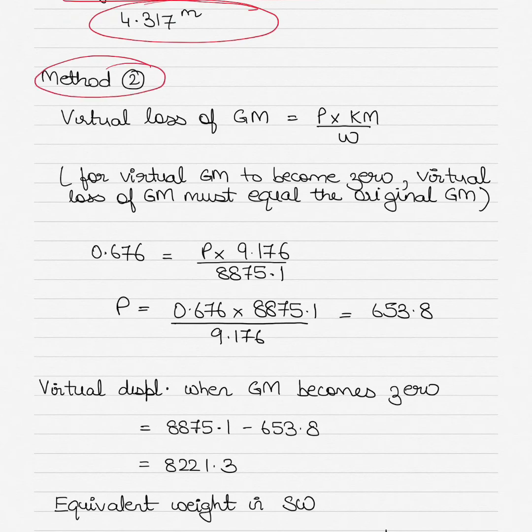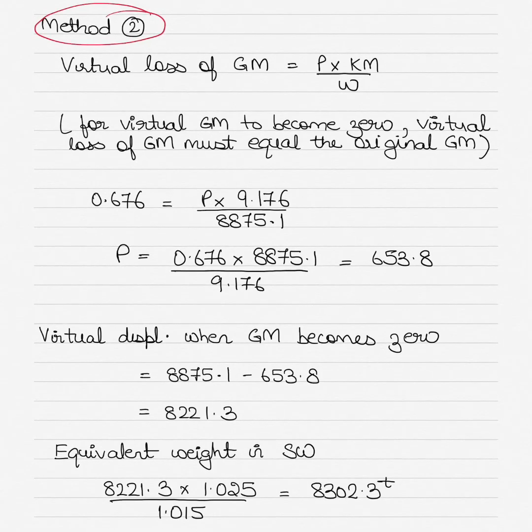Similarly, we'll use method 2 to calculate the drafts again. And again here we assume that there is no loss of displacement. So virtual loss of GM equals P multiplied by Km divided by W. For virtual GM to become 0 again, virtual loss of GM must equal the original GM. So virtual loss of GM becomes equal to original GM here,